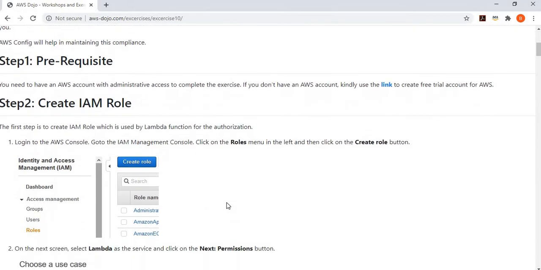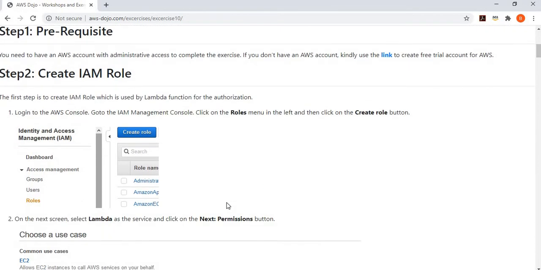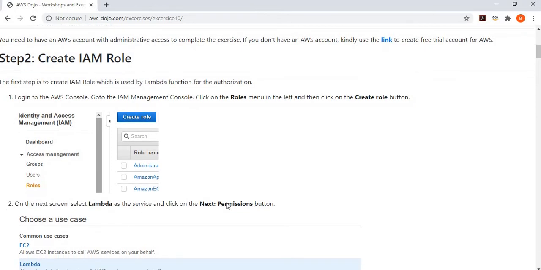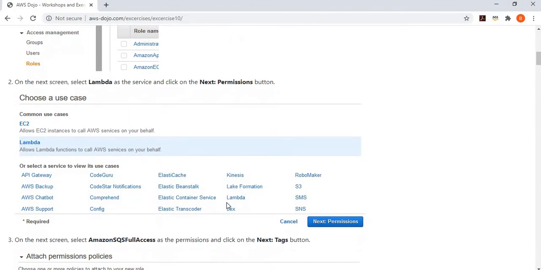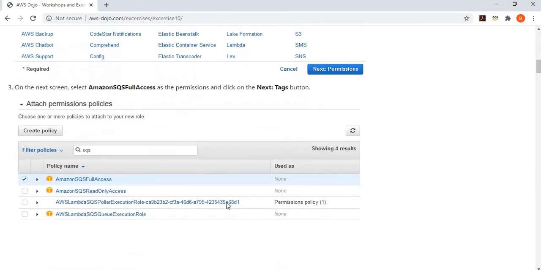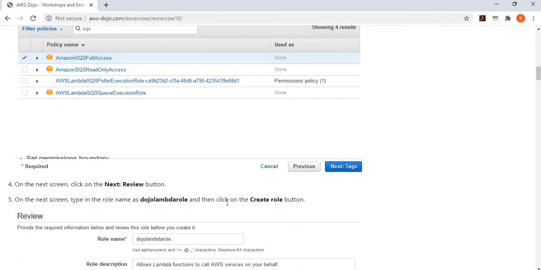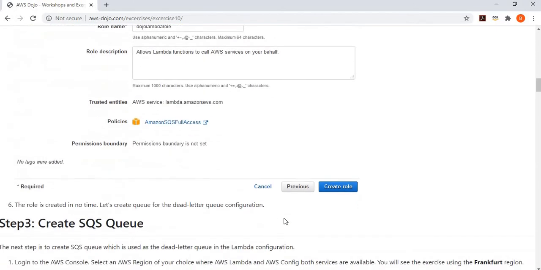The first step is to create an IAM role, and this IAM role is used by the Lambda function to submit failed execution to the dead letter queue. So we simply create a role which will authorize the Lambda function to perform this task. Once the role has been created and we name it Dojo Lambda role,